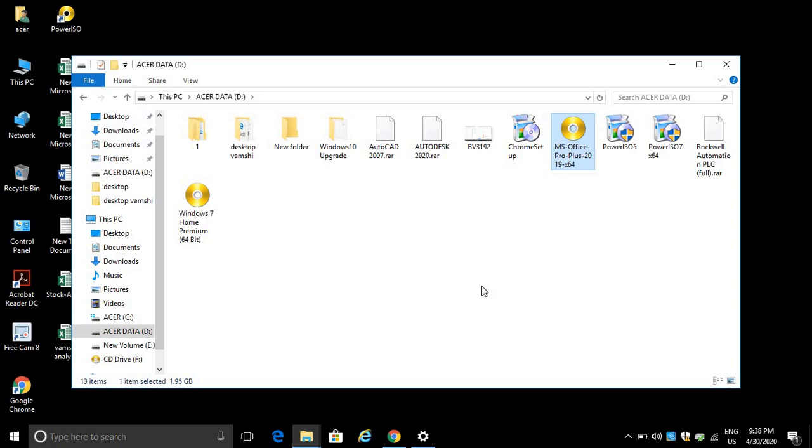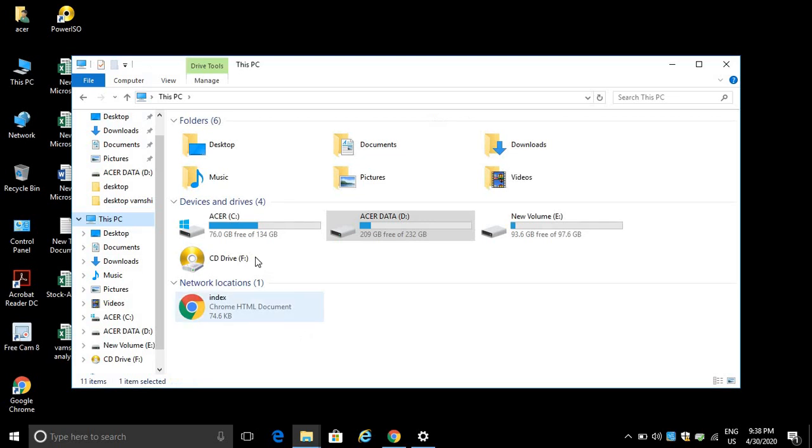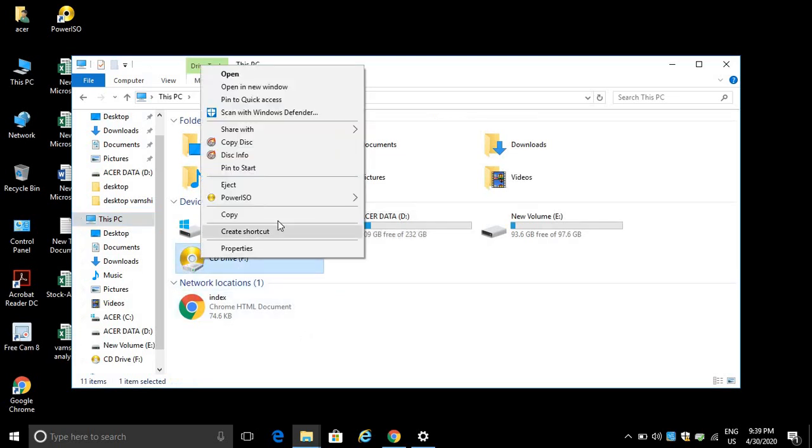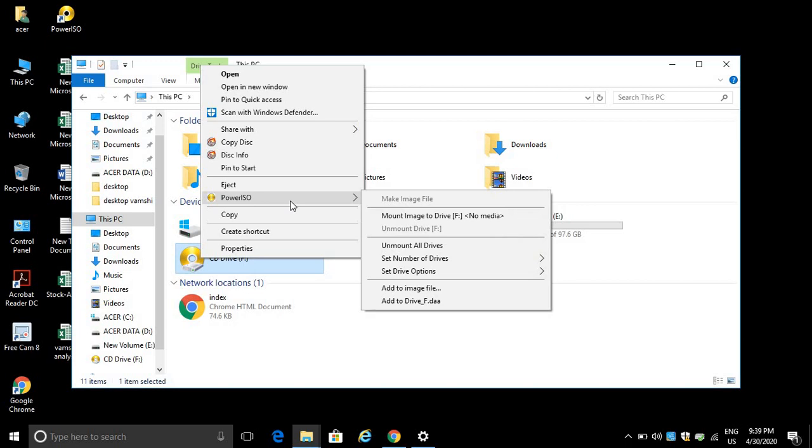Once the MS Office is downloaded, I hope you know how to open this ISO file. First of all, you need to have some software to accommodate this virtual CD drive. Here I am using Power ISO. Just type in Google Power ISO download.